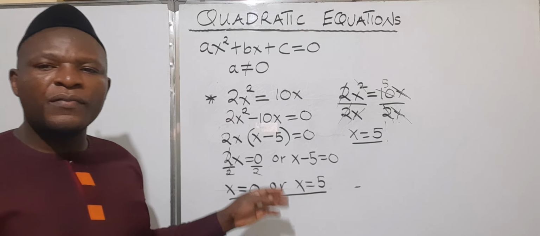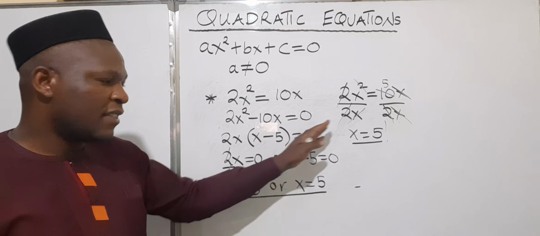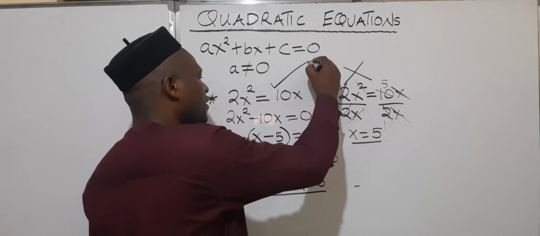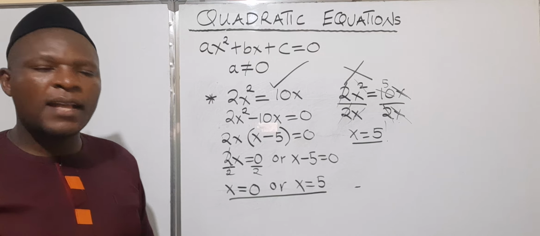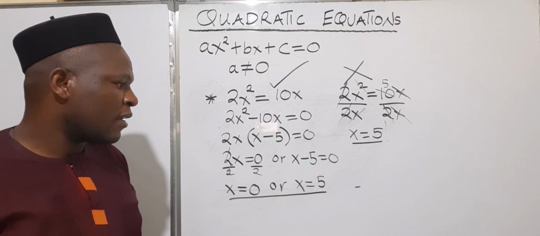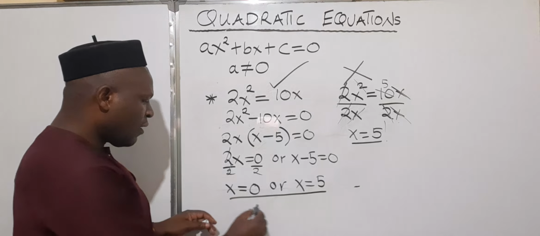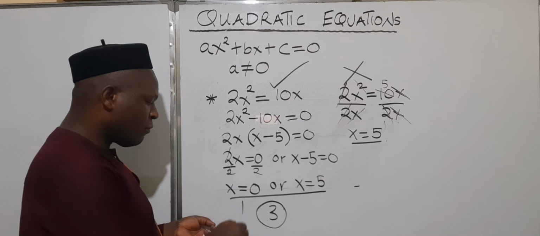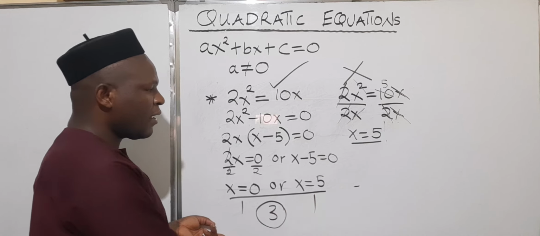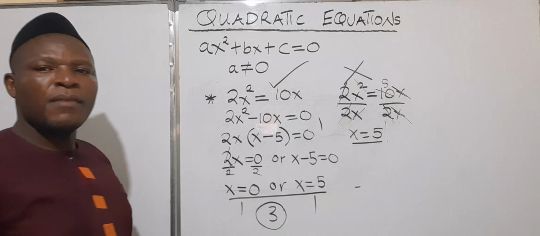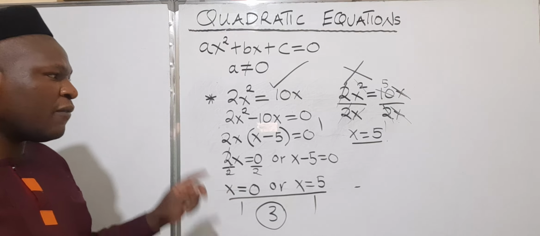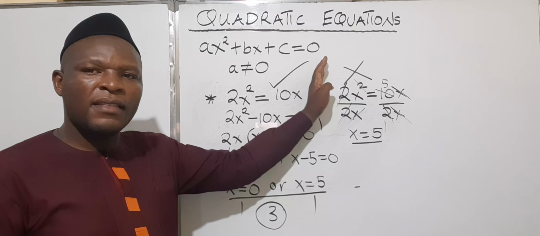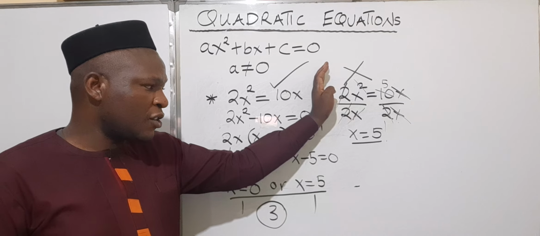5 is just one of the values of x. This is not in full. So never should you do this. Follow this method for you to have full answers, or full values of x. Let's assume you have 3 marks for this question. It means you get 1 mark here, another mark there, and another mark for the method. 3 in total. If it is 3 marks, and you go by this method I'm discouraging,